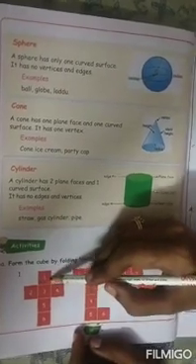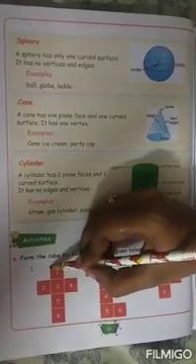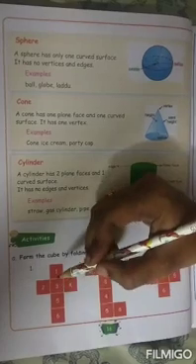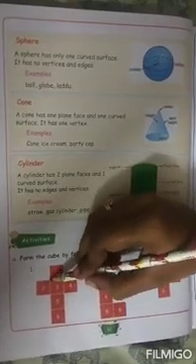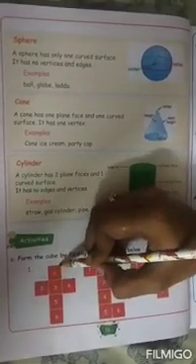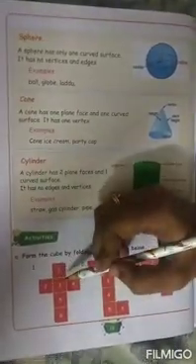For the cube, all the sides are of square shape. Yes or no? All the faces are in square shape. A square has all the sides equal. So you take a measurement, for example 3 centimeter. How many 3 centimeter will I take? 3 centimeter, 3 centimeter, 3 centimeter and 3 centimeter. To fold one square, it should have all the sides 3 centimeter. So you take a measurement and fold it. You just stick this with the set of paper.